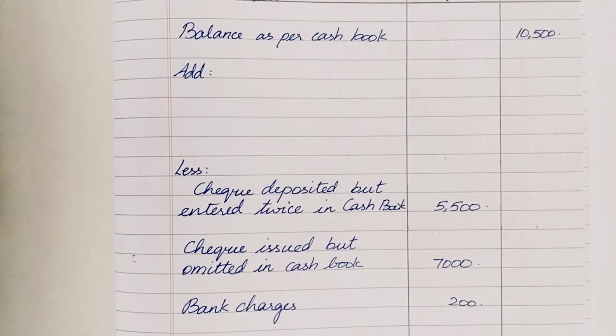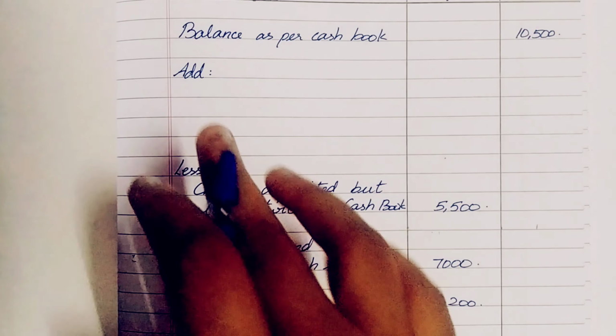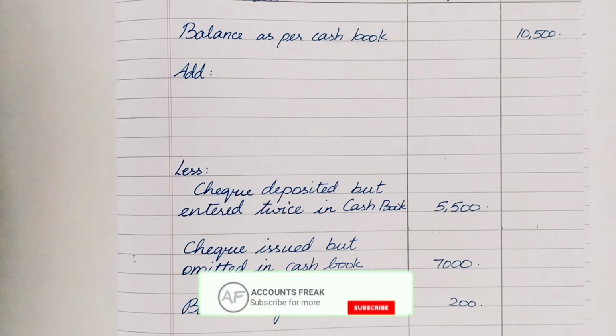The next transaction, cash of rupees 1000 deposited by the customer of a business in a cash deposit machine. When it is deposited in the cash deposit machine, it goes directly into a bank account. So it is being deposited into a bank account, in the sense Kamlesh's bank account balance will be more. And it is not recorded in the cash book. So the deposit is not recorded in the cash book, so it will be less. Therefore, we are going to add this value into the cash book. So we're going to put it inside the add category.